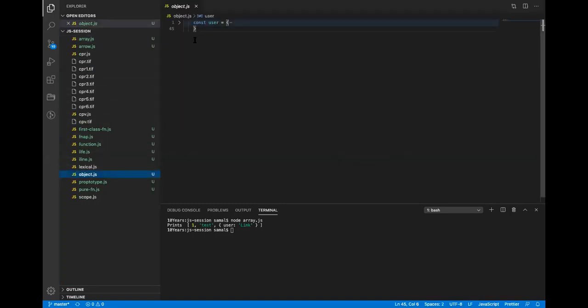Object, okay. All right. So in object, again, to create an object, you just use literal notation. So an object you can define using literal notation. What is the second type?